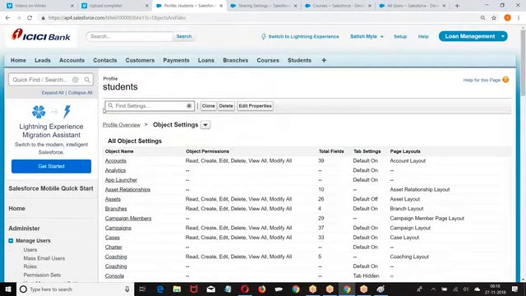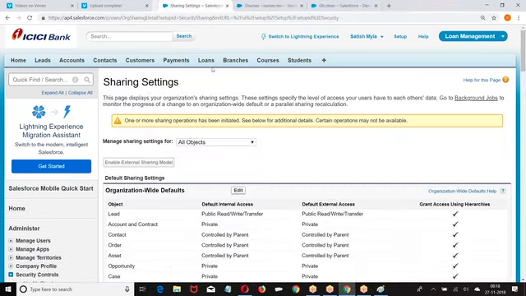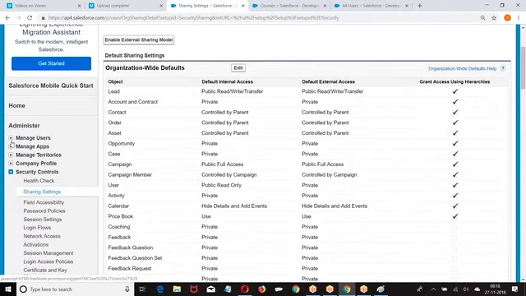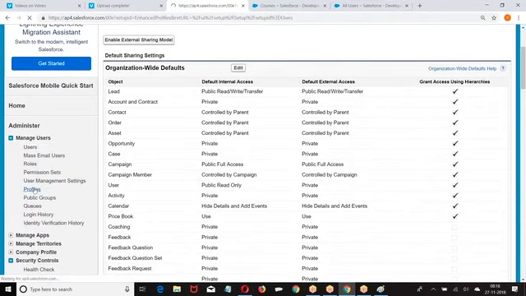Why are we getting this actually? Go to the profiles.